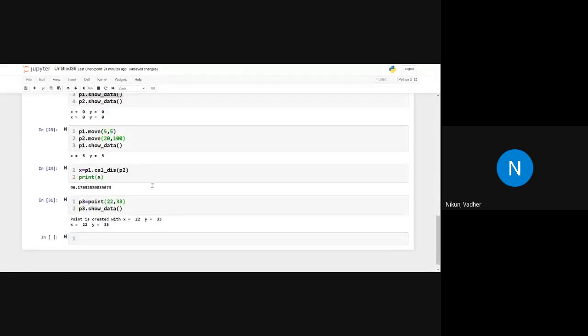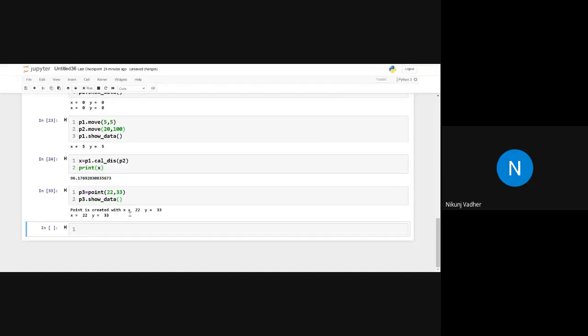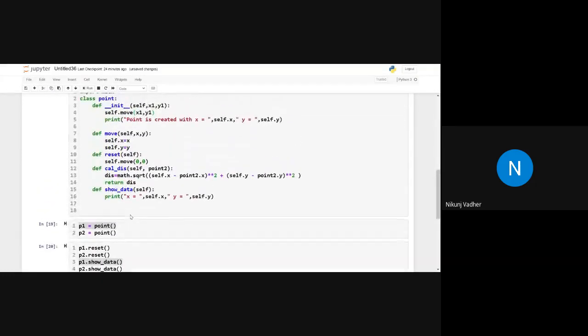Then let's see, it will still be the same. So this is how it will work. From the constructor, if you want to call a method of the class, you can call it. Clear?